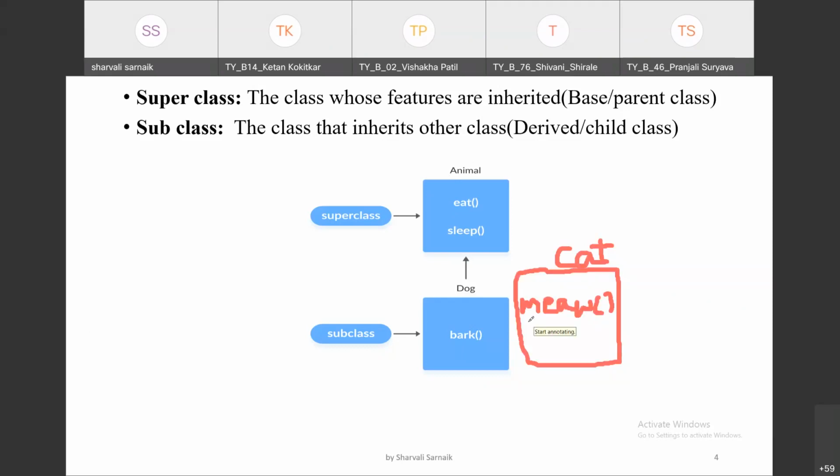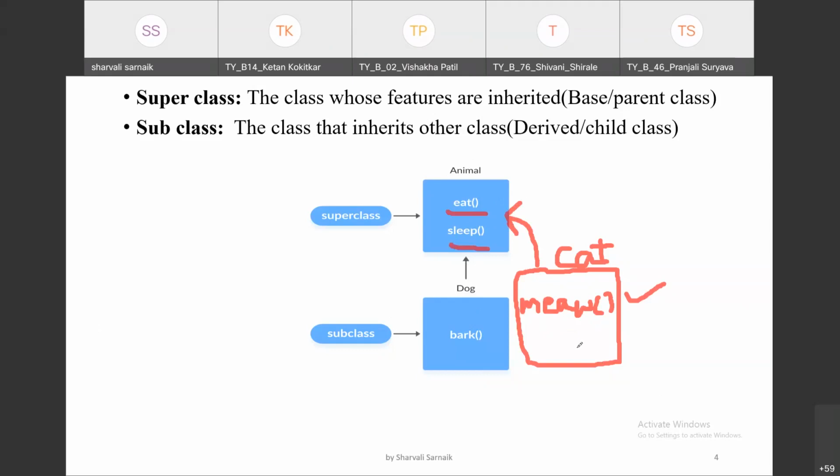Now this cat has its own method. Now it will inherit the features from the animal class, which are eat and sleep.